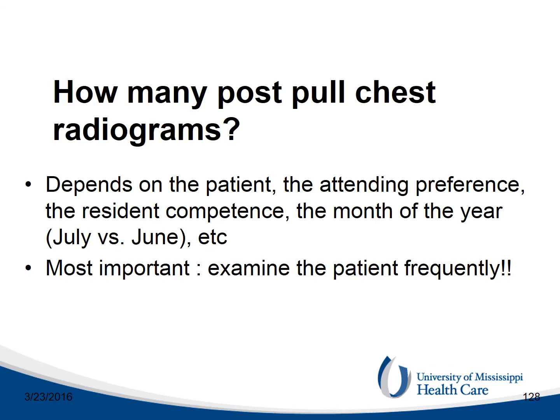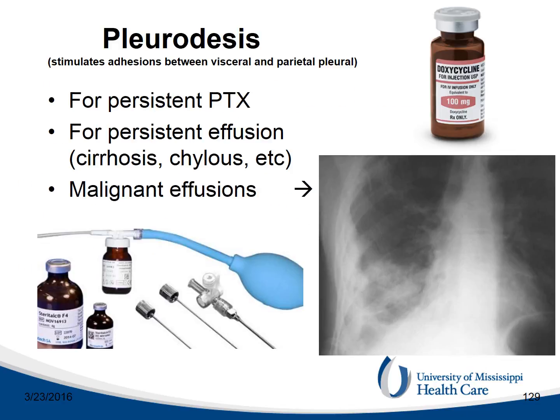After removal of the chest tube, a chest X-ray is frequently done, especially in academic centers, since a pneumothorax is possible even in the most expert hands. The patient is to be observed clinically. In some patients who are poor surgical candidates, a recurrent pneumothorax and/or recurrent and persistent effusion can be treated by